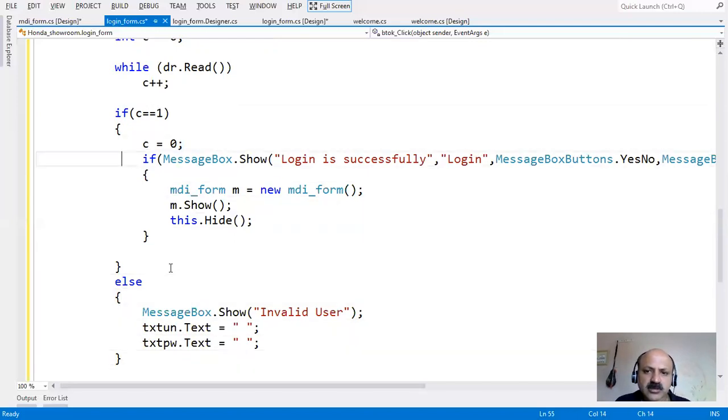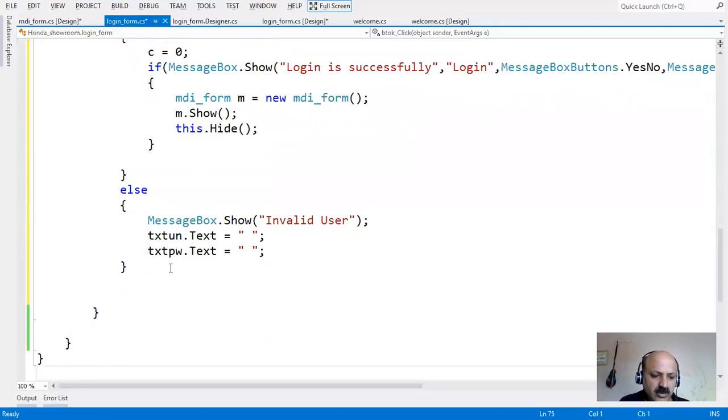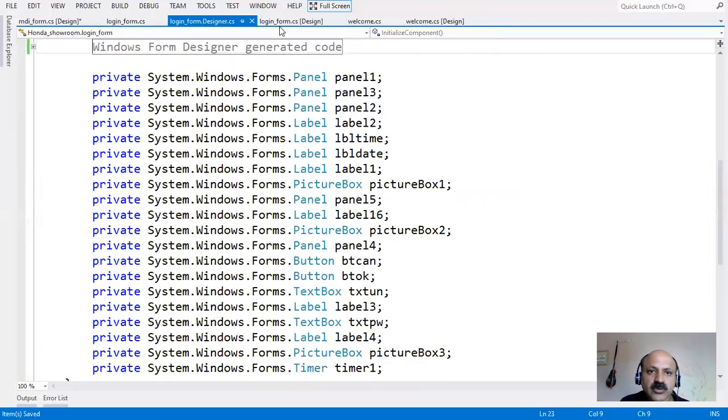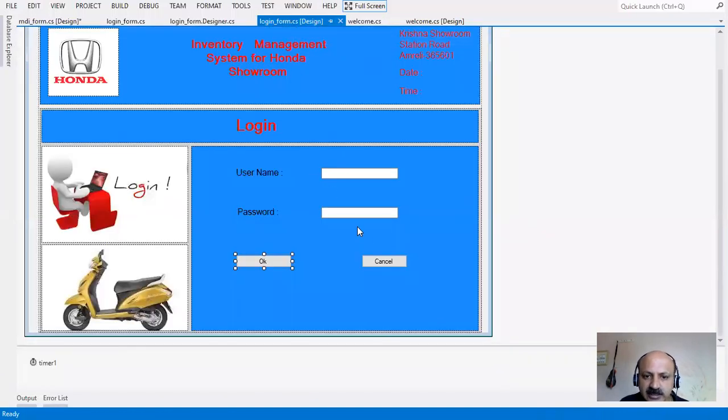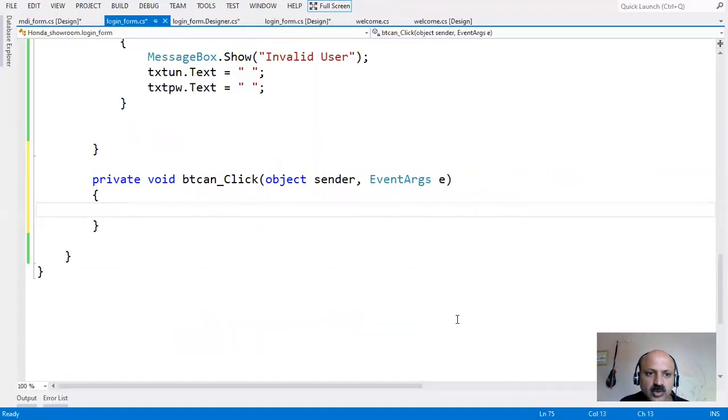Yes, the login is successful, that is finished, and now our turn is the Cancel button, which is the last coding in this login form. So in design, we double click the Cancel button. In the Cancel button, same as before, we write MessageBox.Show, and here we provide in double quotes